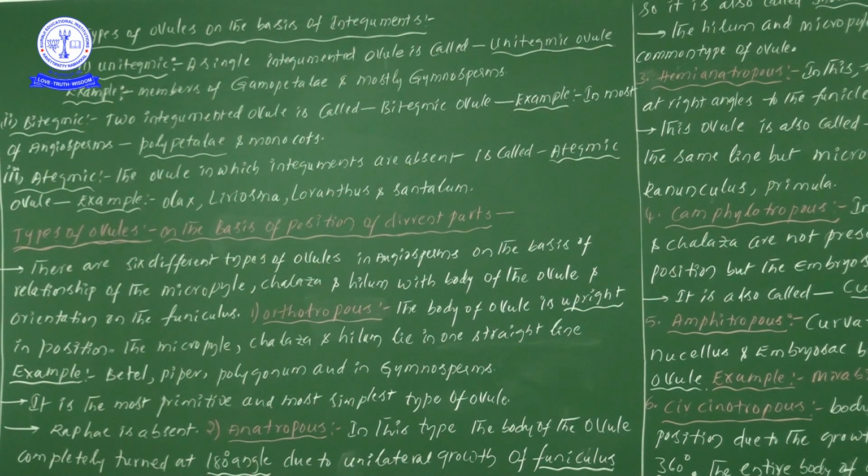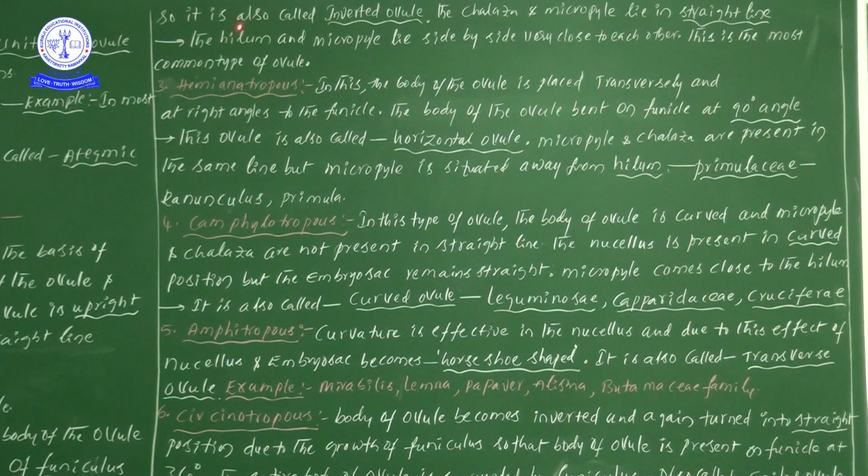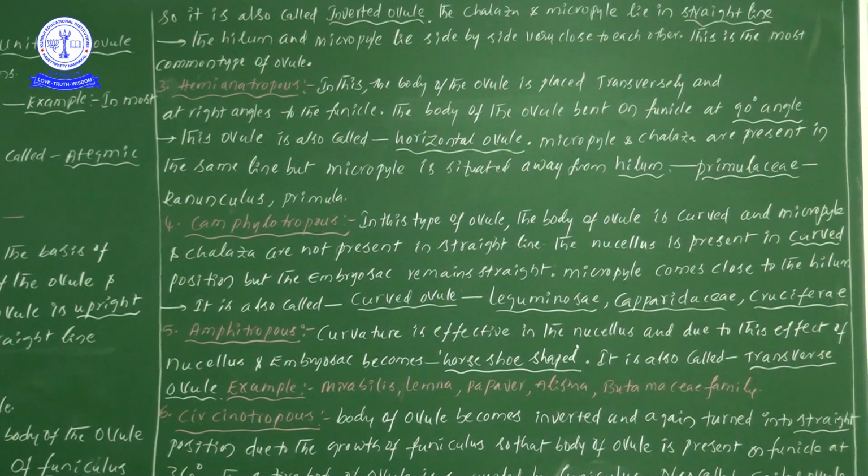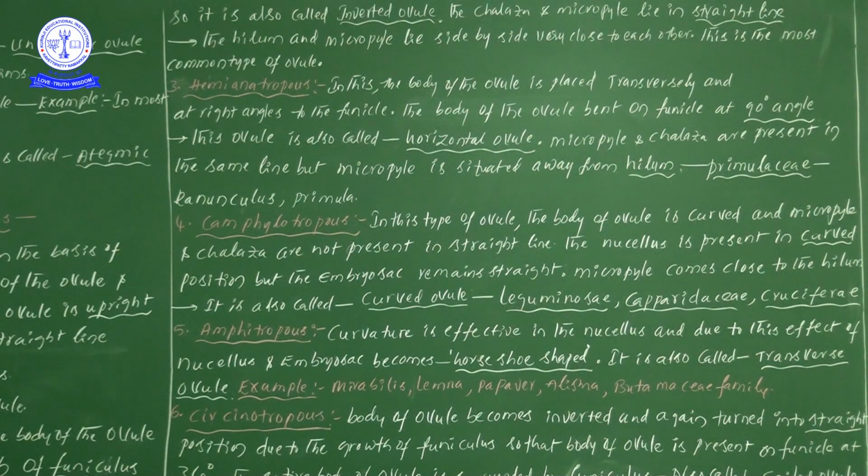Try to remember that point. Next, it is also called an inverted ovule. So this Anatropous ovule is also called an inverted ovule, and the chalaza and micropylar regions lie in a straight